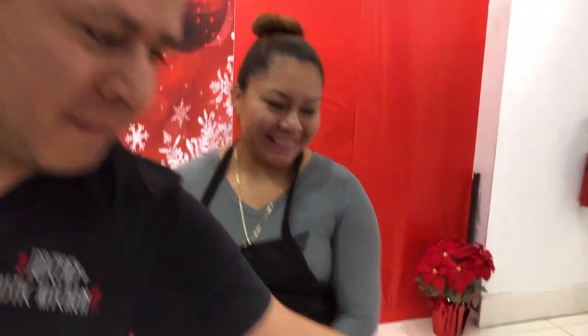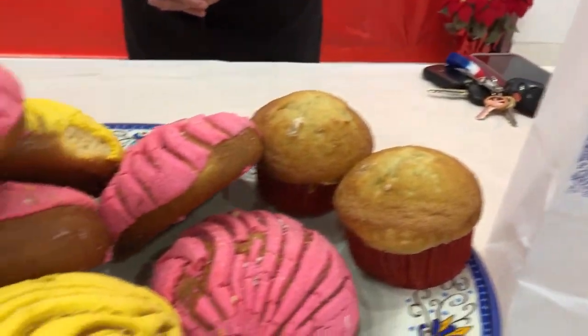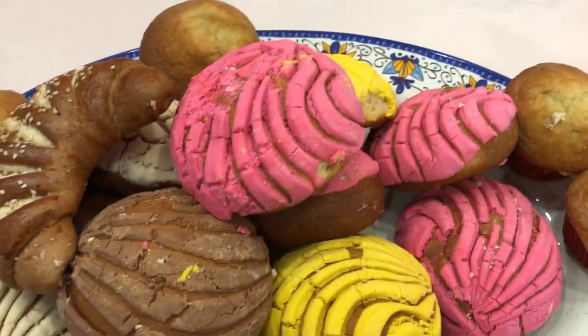This is our new addition. It's going to be our Pawn Stars Bakery. It's a Mexican bakery, and this is Amanda showing you the. Amanda, these are, look at these. These are beautiful. Oh my gosh. Did you do these? Yes, so we're doing the conchitas, the sweet and sour bread. We have a muffin too with cheese filling and pineapple filling too. And we have different